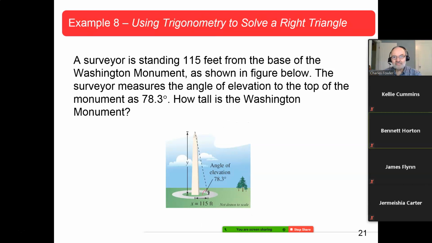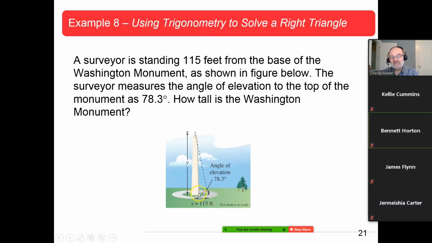So, here is example 8. A surveyor is standing 115 feet from the base of the Washington Monument. That looks pretty close, but it's a pretty long distance, about 35 yards, from the base of the Washington Monument, as shown in the figure. The surveyor measures the angle of elevation from where he's standing to the top of the Washington Monument